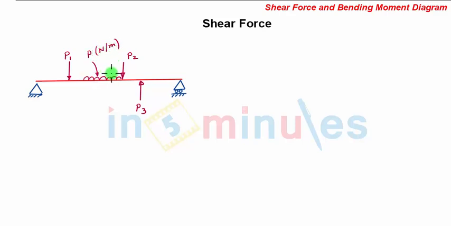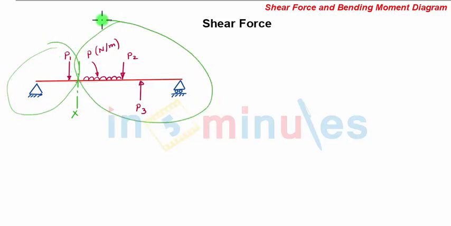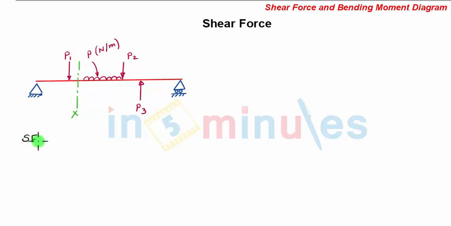Now shear force at any particular section X is defined as the algebraic sum of all the resultant unbalanced force on one side of a section. That part of a section could be the left hand part or it could be the right hand part. So if VA is the support reaction at A and VB is the vertical support reaction at B, then the shear force at section X, considering the left hand side of the section, can be written as VA minus P1.